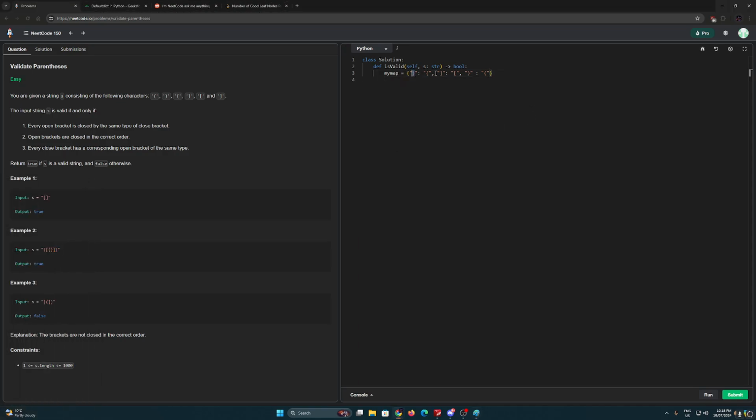So I've set up my map with all my close brackets as the keys and my open brackets as the values. Whenever I see parentheses, I automatically think stack, so that is the case here. NeetCode's roadmap has it under the stack section as well, so it's pretty obvious that this is a stack problem just when you see parentheses. So we're going to create our stack here,